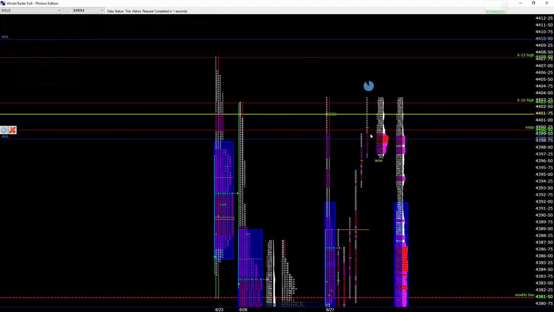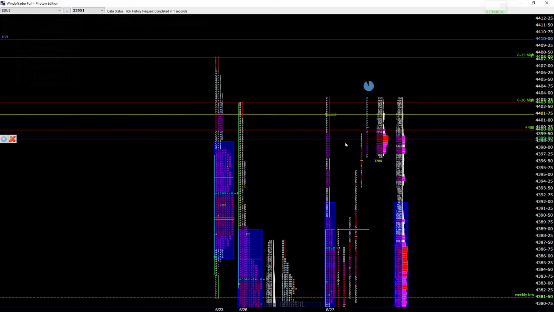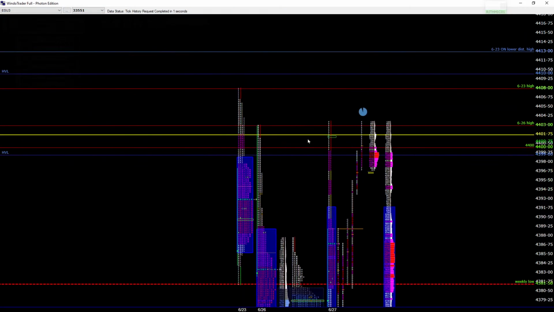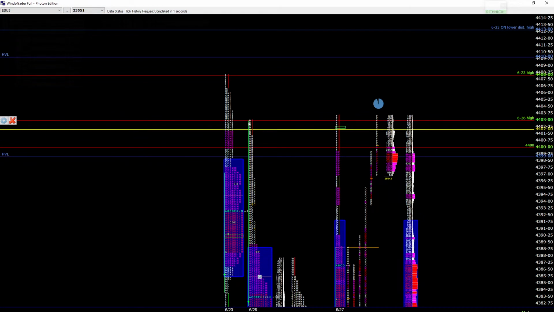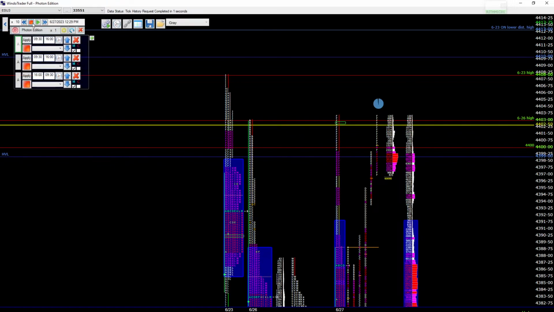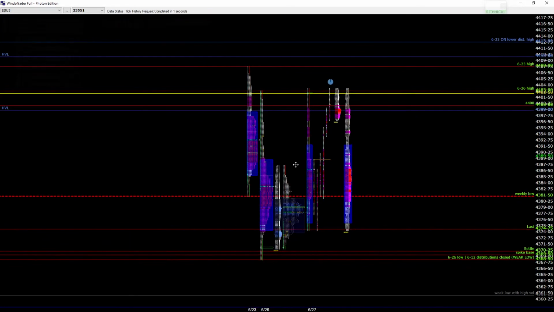Is the market coming back? Now, there is a breakout here. There's a breakout to the upside. The market has checked this high out. It's going to have balance now. We reapply the balance guidelines here.